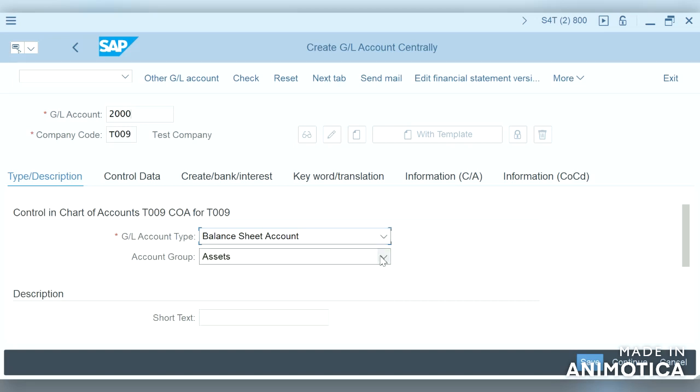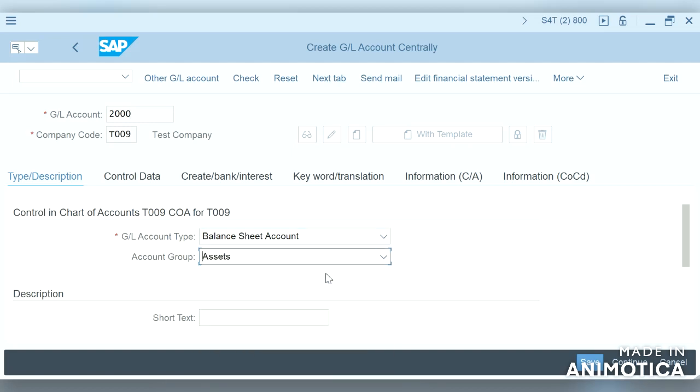And account group. Sorry, it's not an asset group, it's an account group. The account group controls which fields are available for use on the GL master creation screen. It also controls the number range for the GL.